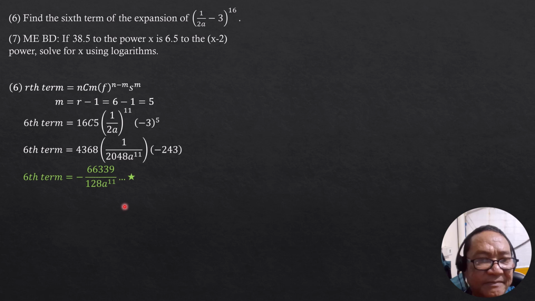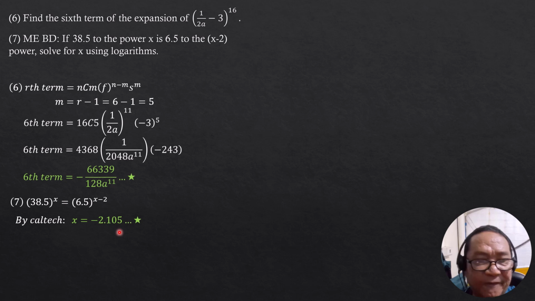Then number 7, if 38.5 to the power x is 6.5 to the quantity x minus 2 power, solve for x using logarithms. So even if you do not use logarithms, you can still solve this using the high-tech calculator. By calculator technique, write it this way. You enclose 38.5 by the parentheses, quantity 6.5 by that parentheses. Then using your high-tech calculator, shift solve, you'll get x equals